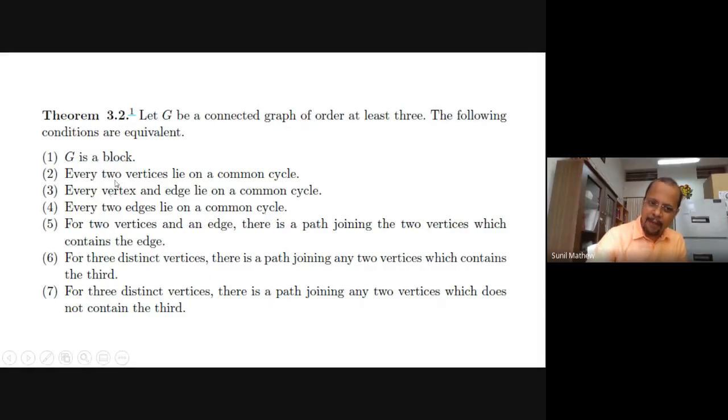Okay, which are they? Every 2 vertices lie on a common cycle. Every vertex and edge lie on a common cycle. Every 2 edges lie on a common cycle, etc. I'm not going to read it again. You know this. Actually, we thought